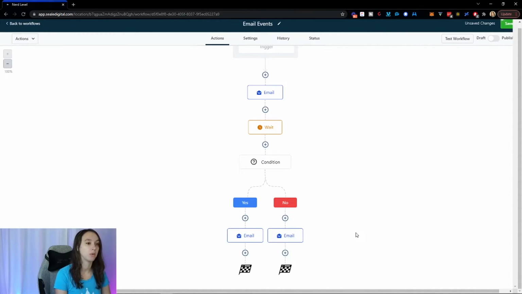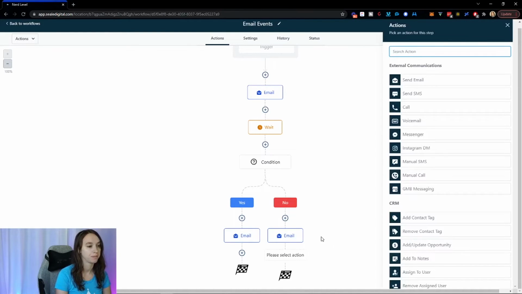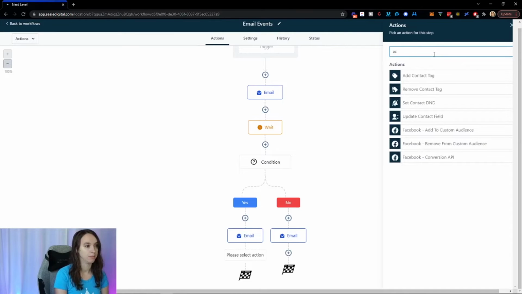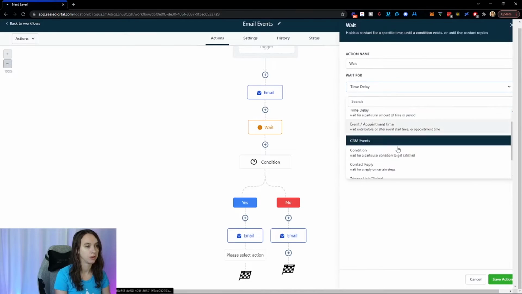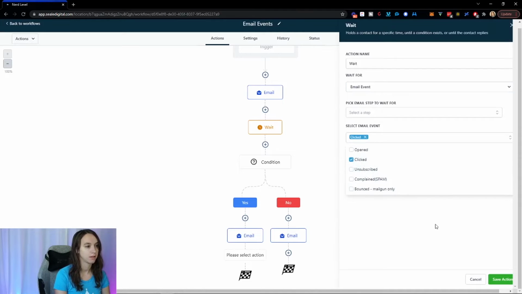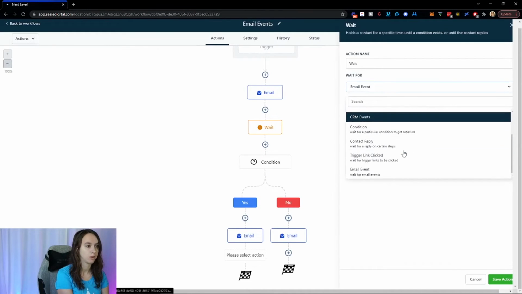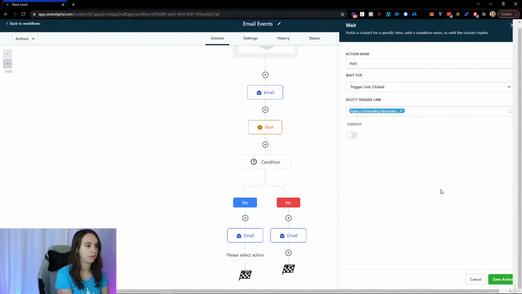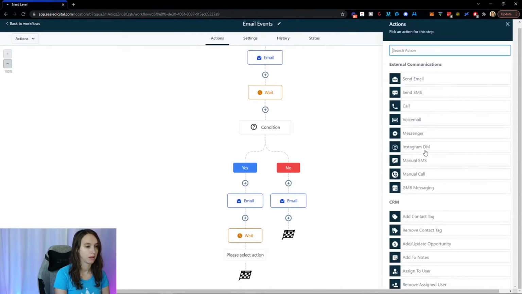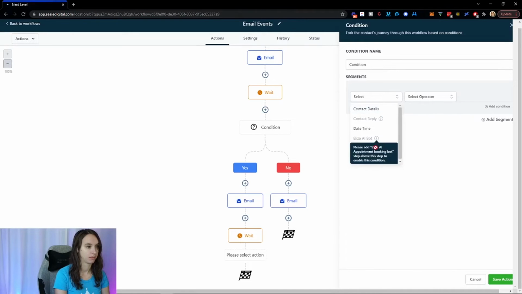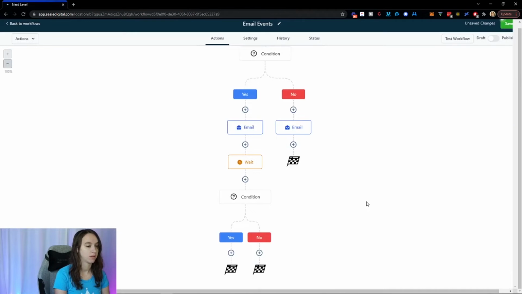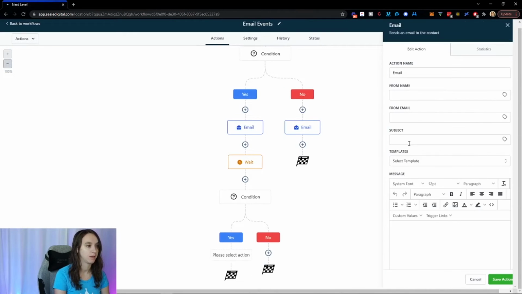Okay, so, and then you can do other cool stuff in here too, like if you want to get more complicated with it here, you can say wait, and then you can do if they click the email, right? If they click something in the email, make sure you pick the right email there. Okay. You can also do a trigger link clicked. So if they click the trigger link, then, right. So the trigger link is clicked, then you're going to send them another email